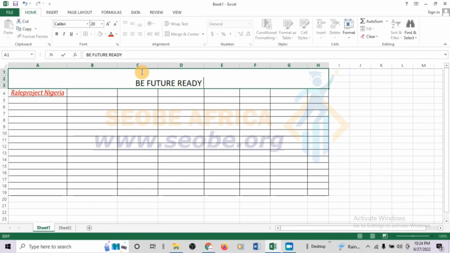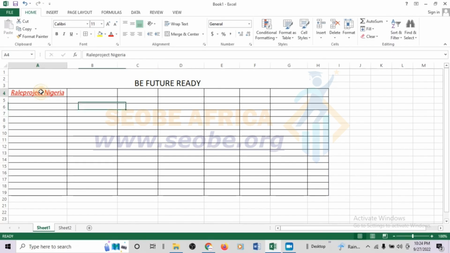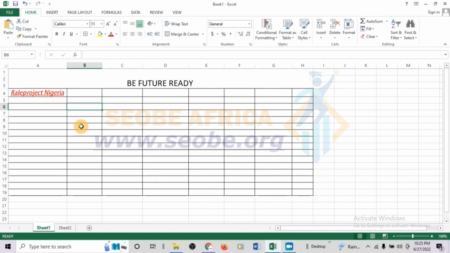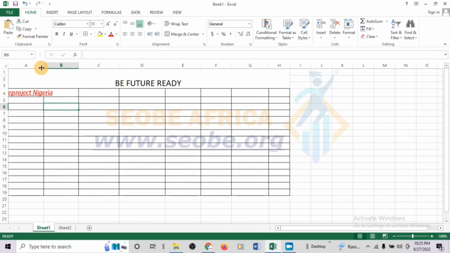Okay, so that's all for how to use merge and center. Before we go into how to make some simple calculations, I'm going to show you one other thing I want you to know. Just in case you're typing something, for instance you have this word like this